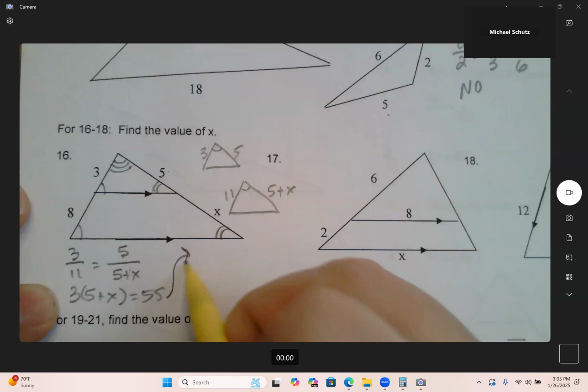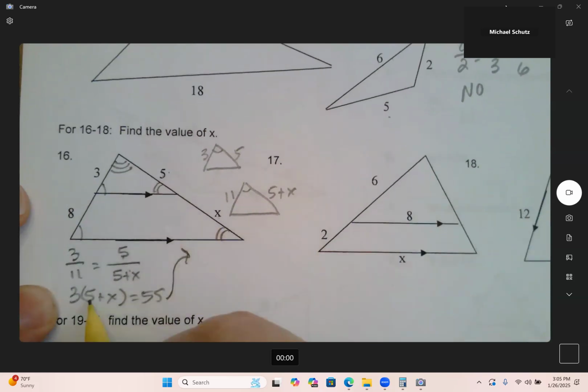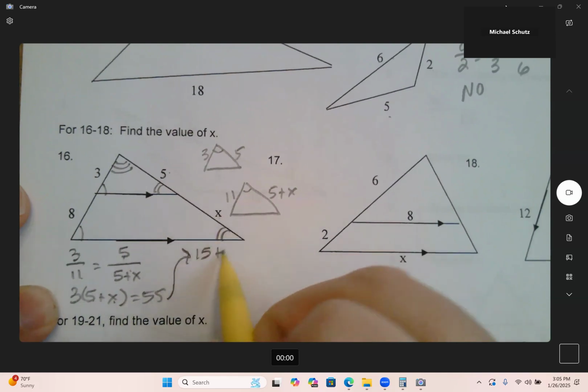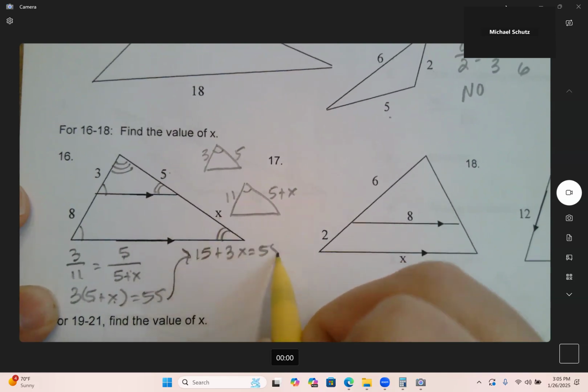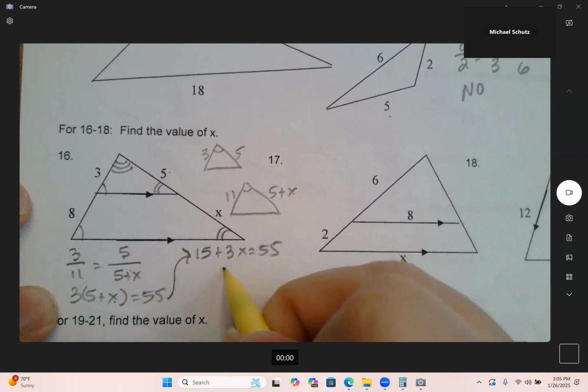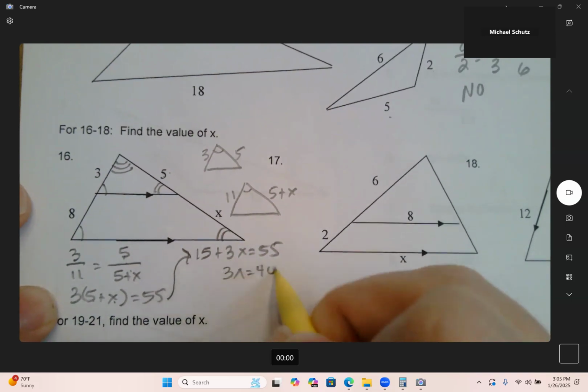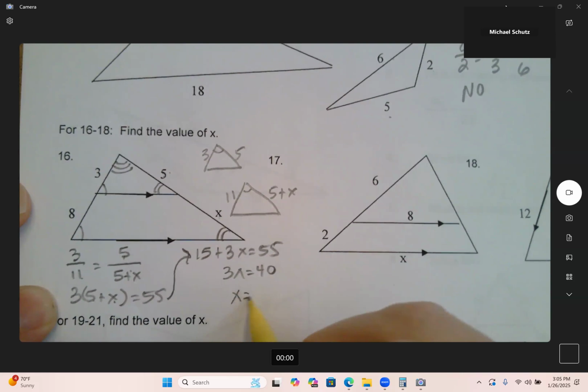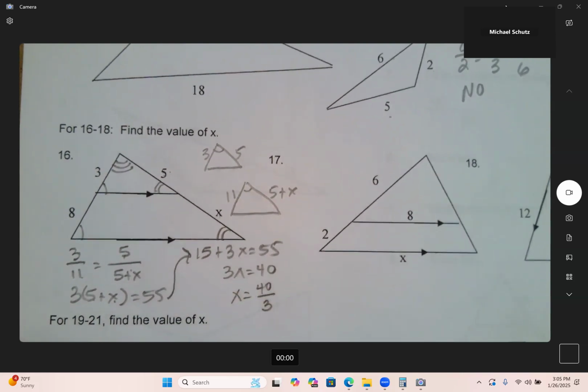I'm going to come over here. 3 times 5 is 15, 3 times x is 3x, equals 55. I'm going to subtract 15 from both sides, so I get 40. And then I'm going to divide both sides by 3, and I get 40 thirds, which is about 13 and 1/3